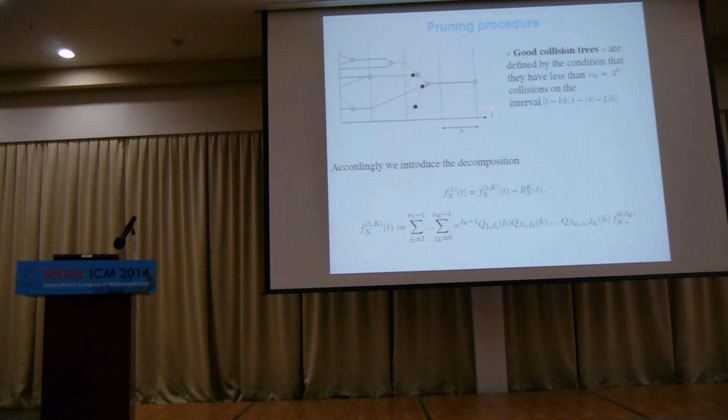But what I'm going to do is write down the usual arguments. So I just go backwards. So I have time t, I'm going to time 0. I'm using my geometric composition. But I'm only going to keep at each time step, I'm going to throw away any super exponential tree. What's a tree? Well, a tree is just what I drew before, right? Having collisions, more and more particles.